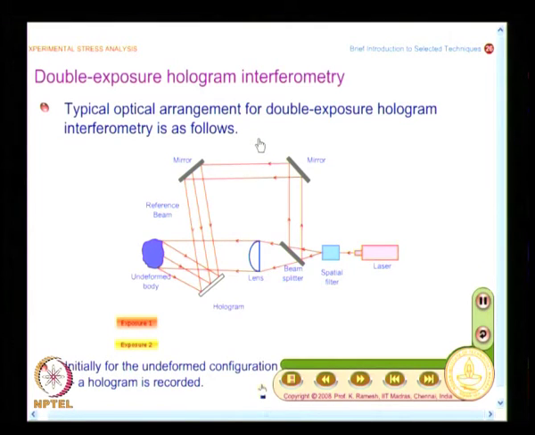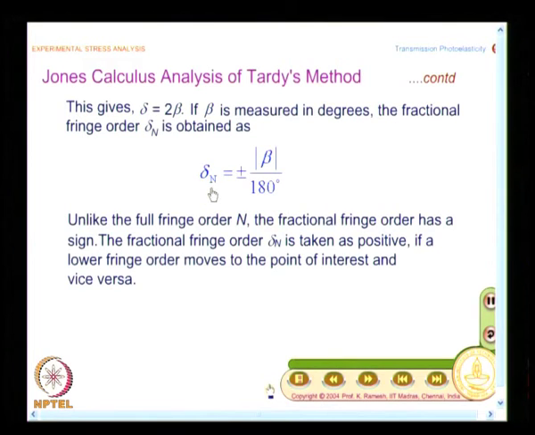So, whatever happens to one ray happens to the other ray also, and this is where Tardy method of compensation opened up a new perspective. In other interferometric techniques they had external gadgets to introduce the shift in phase. In the case of photoelasticity, I have established that by rotating the analyzer I am able to introduce a phase shift. See, how a rotation of an element is akin to giving a phase shift comes from understanding Tardy method of compensation.